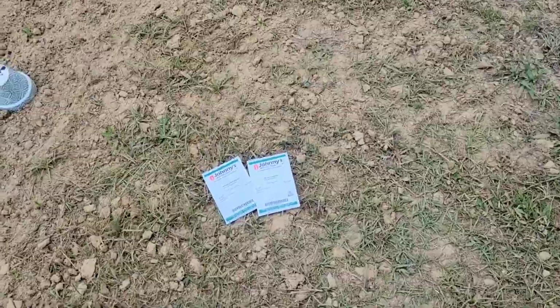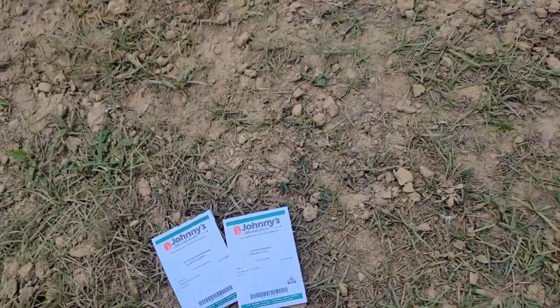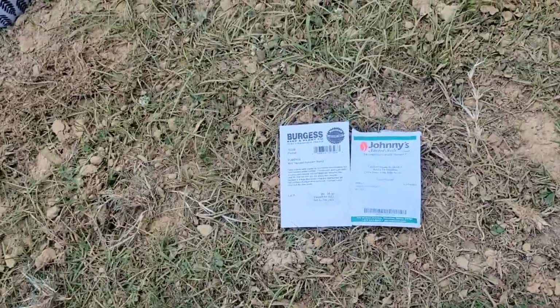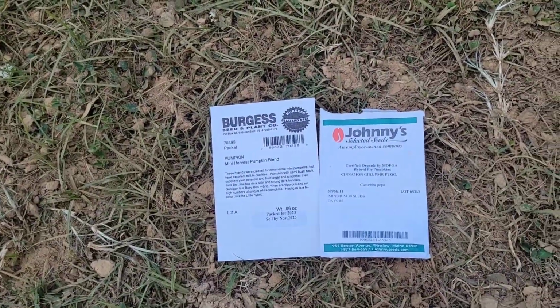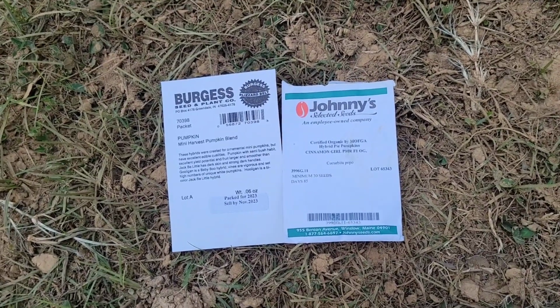Then this next row is going to be flat stacker pumpkins and weeby little pumpkins. Next row, mini harvest pumpkin blend and cinnamon girl. Those are great for their pie pumpkins. So planting all these things now, I'm really late on the watermelon, but I really wanted to try these varieties